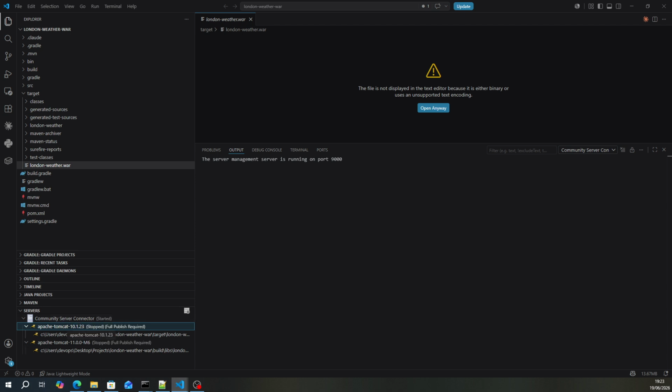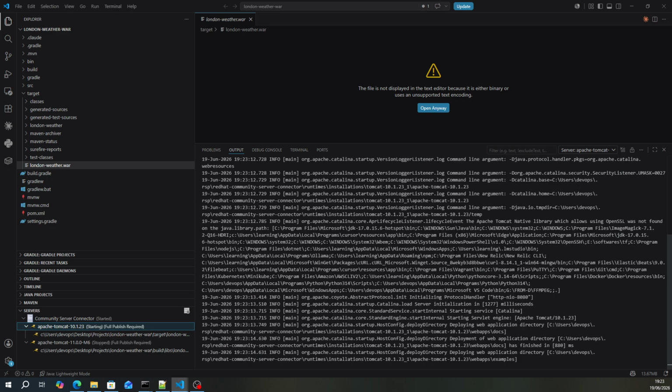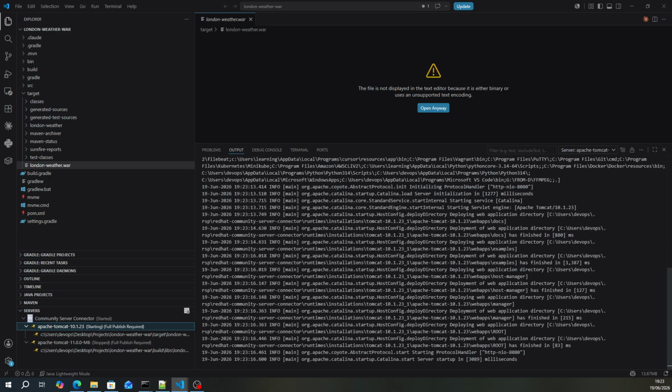So I need to make sure I change it. If I don't change it, what happens is it will start on 8080. If I say I'm starting it here, you see it is starting on 8080. At the end it will say I'm starting 8080 and full publish required. Let me publish it. Publish server full